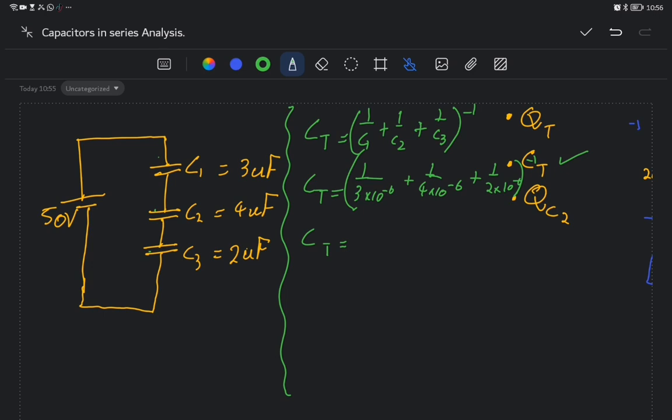So 1 over 3 plus 1 over 4 plus 1 over 2, actually not 6 there, it's actually 3. We've got our answer as